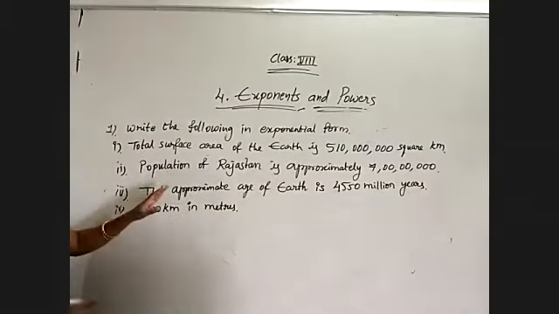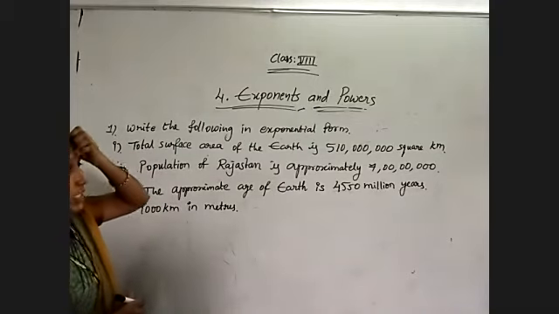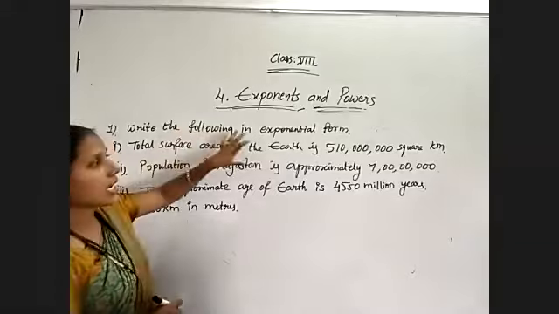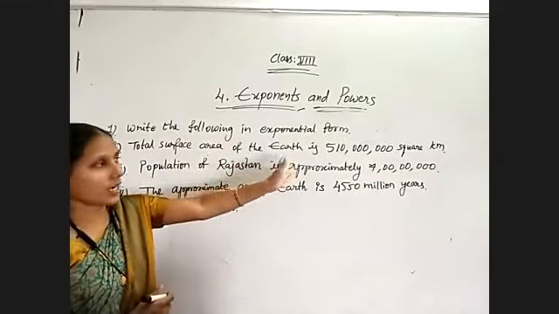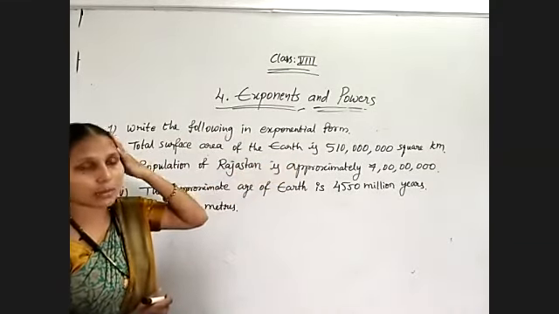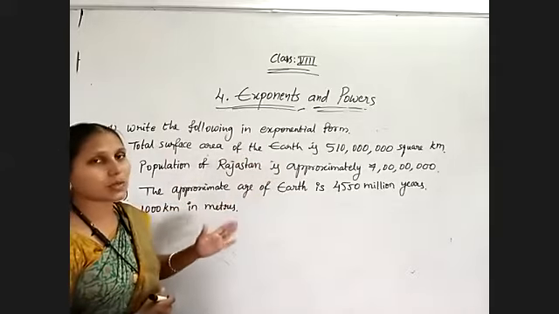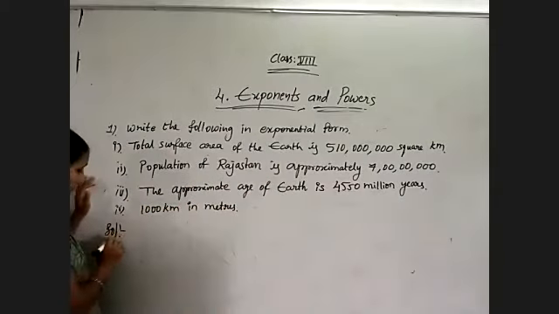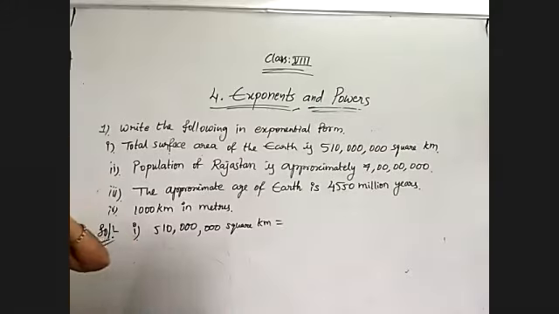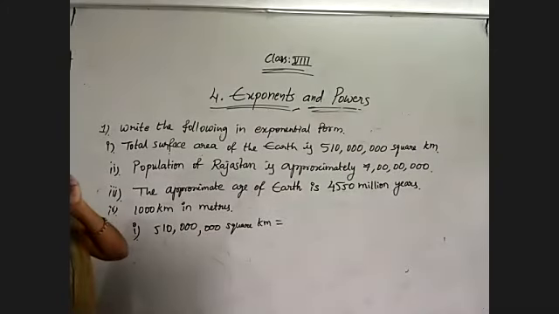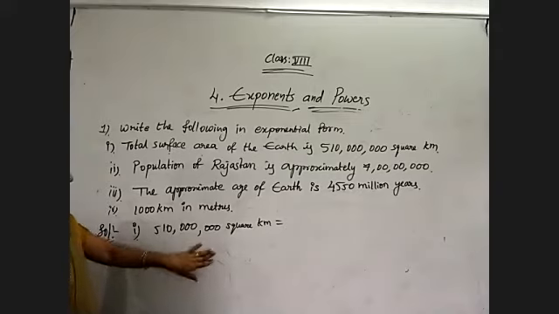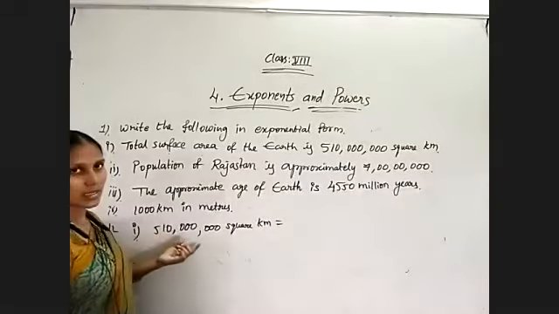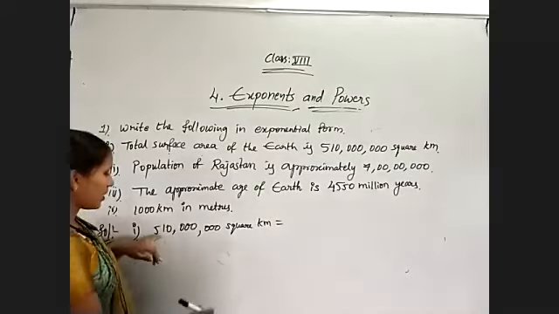We now observe the first problem. The approximate values are given, not exact values. The total surface area of the earth is given by a big number. Suppose we are unable to read the number, we want to express it in the exponential form. Observe the first question. Here it is a somewhat lesser number, that's why we are able to read it. But I want to express that number in the exponential form. Now 510 like this is there. So first of all, write the exponential form.